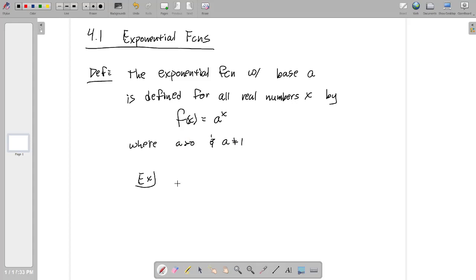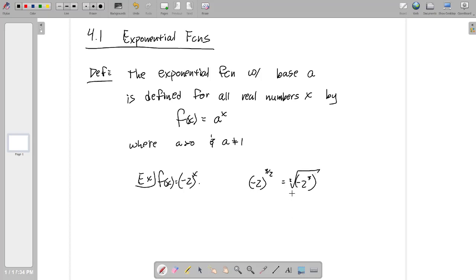because a needs to be greater than 0. Otherwise, we have a sort of weird function that has a lot of discontinuities. For instance, suppose that we have negative 2 to the x power, right? So let's say that this is our f of x. Then when we see negative 2 to, say, the 3 halves, this is undefined because this is the same thing as saying